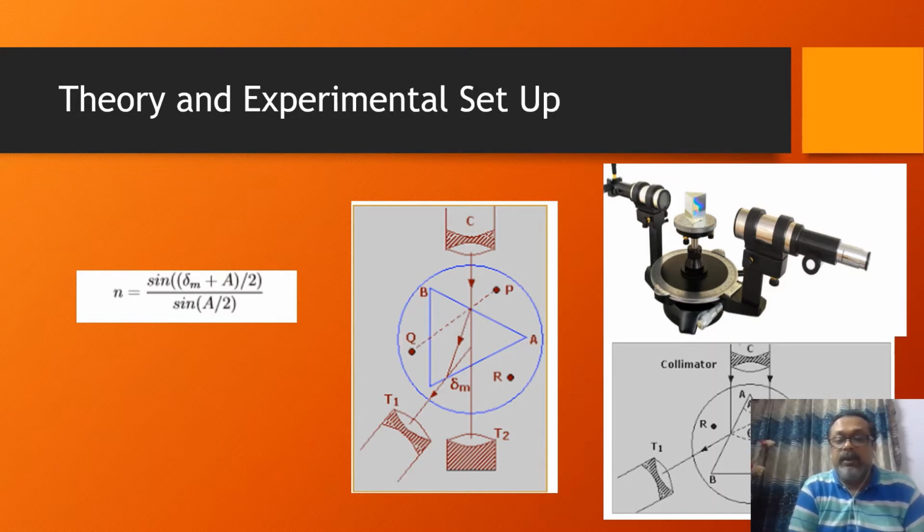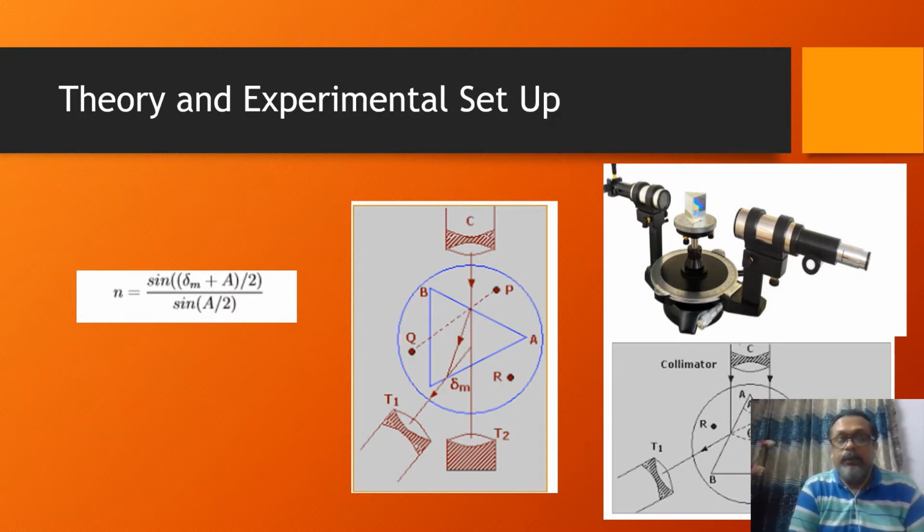Now once the value of angle of prism is calculated, that is capital A, you have to calculate the angle of minimum deviation. To calculate it, you have to rotate the prism 90° and shift the telescope in such a way that you can see the image of the slit. Now you have to move the prism in such a way that initially the image of the slit moves along with the direction of the prism, but there will be a point from which the slit will reverse back in the opposite direction. So this is the point of the minimum deviation.